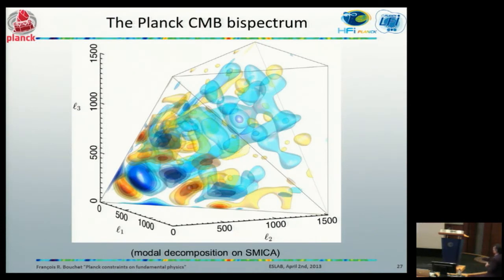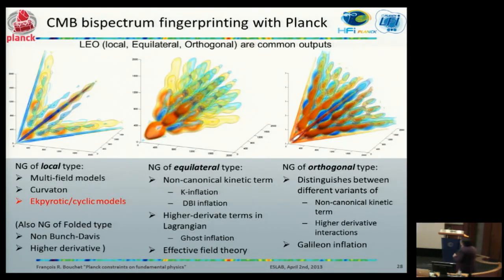Now let me return to the Planck CMB bispectrum. This can now be used essentially to try to do fingerprinting. I told you that in the minimal model where we have a single field, this is not only adiabatic, but under pretty broad conditions, you can say that there should be essentially no substantial non-Gaussianity. So any detection of a primordial origin of this would be really very, very interesting. And it turns out that there are generic shapes that can be generated by categories of extensions, if you wish.